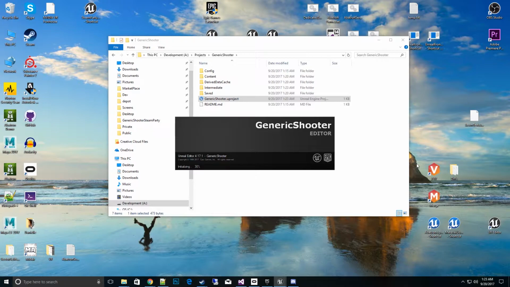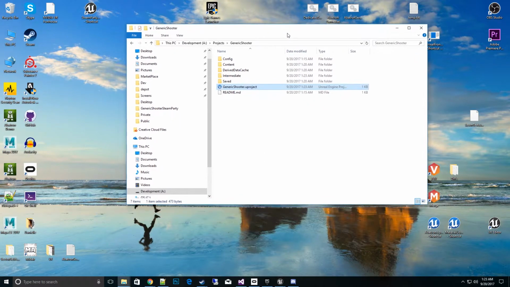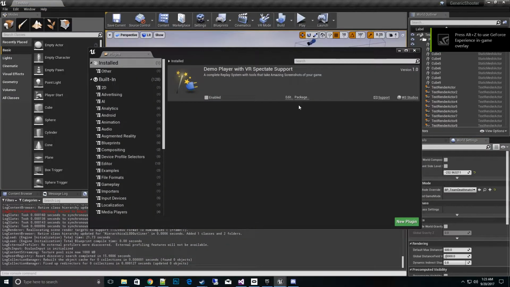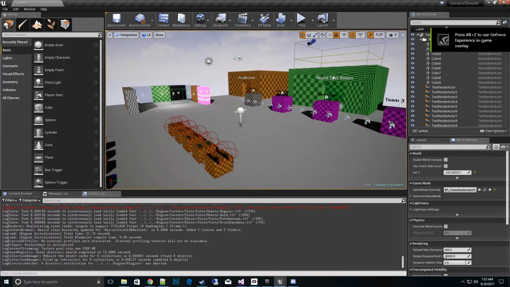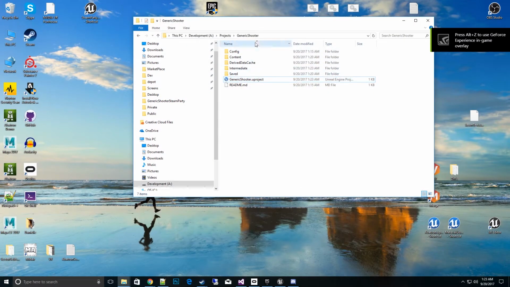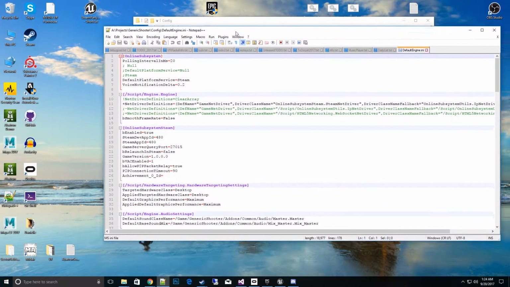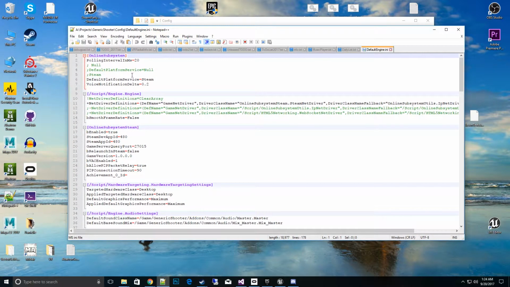All right, so basically what we're going to accomplish is integrating the basic use of the Steam Party system to log into the game servers and also bring your party into them. So the first step after we got this all set up is to go ahead and set the config files. I'll go to the config file and go to default engine.ini. We'll open that up, and first thing we'll notice